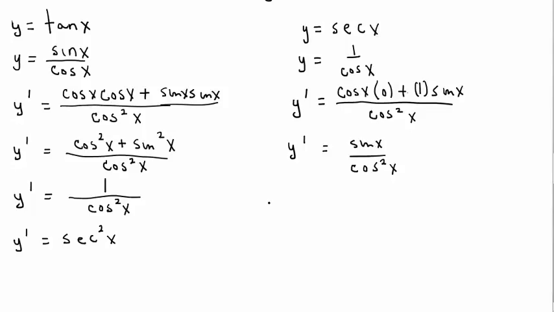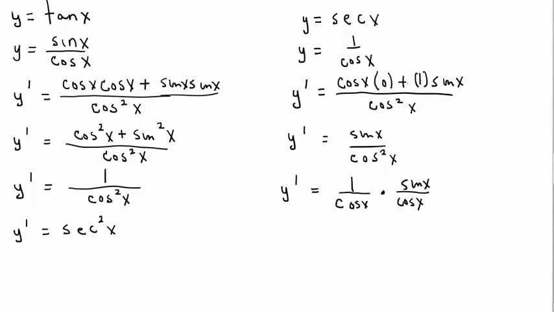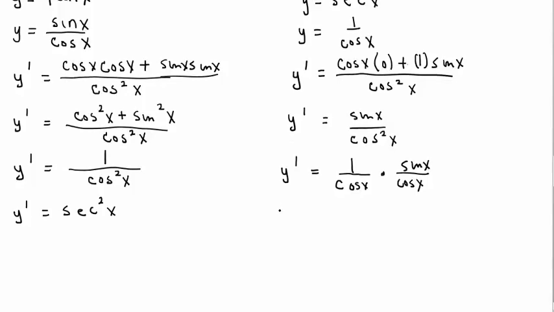Meaning I'm going to expand cosine squared x in the denominator, putting cosine x under each of these 2 fractions. I'm multiplying. This is 1, and this is sine x here. Okay, using pre-cal again, in our reciprocal properties, we know y prime is equal to, this will change to secant x times tangent x. Like I said, you don't have to derive these formulas again. All you have to do is memorize the derivative formulas for each of the 6 trig functions, which that's enough